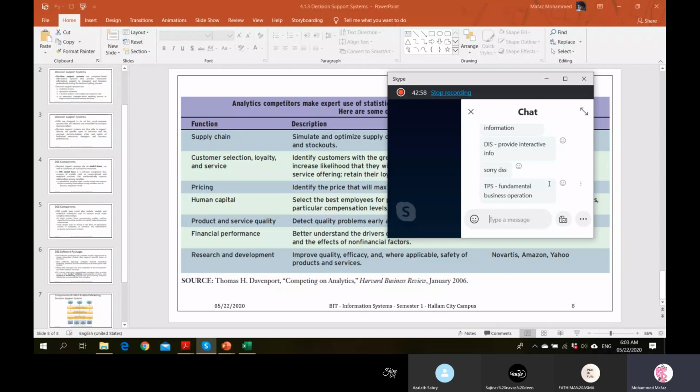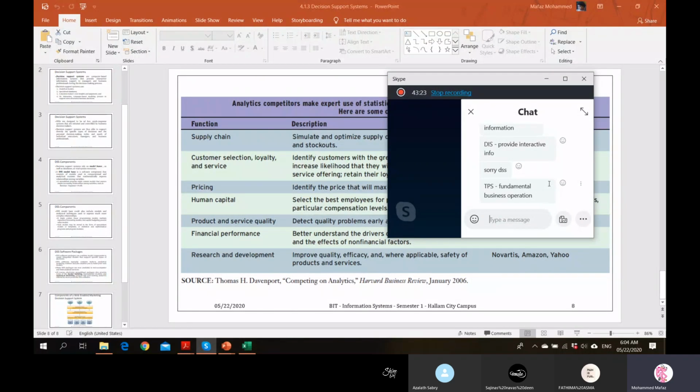Not statistical, actually, static information. Static in the sense you get a fixed report, you get a fixed set of output that is already processed internally, like doing some calculations, many things happen, and you generate a chart or something. So it is a static information. When you go to a